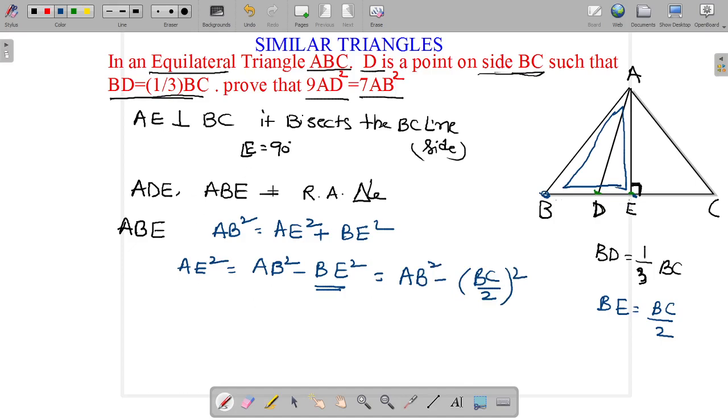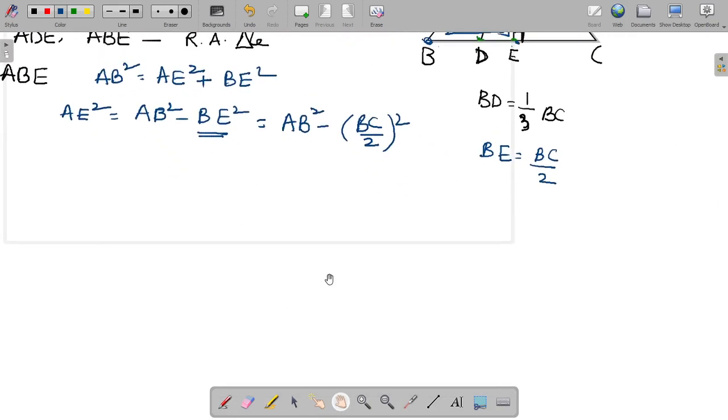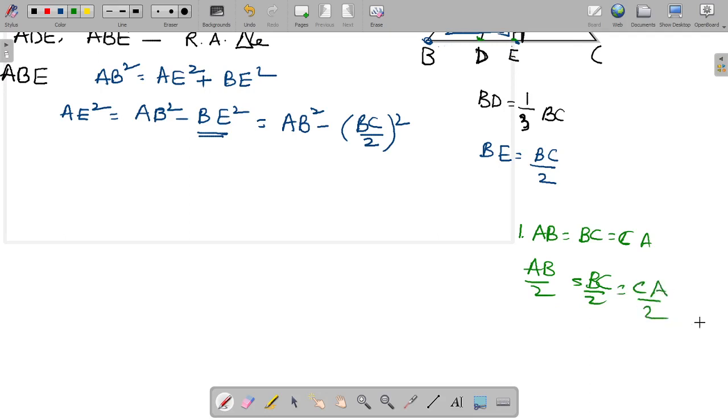Here the equilateral triangle has three properties. First property is AB side is equal to BC side is equal to CA. Or AB by 2 is equal to BC by 2 is equal to CA by 2. Same. So here AE square is equal to